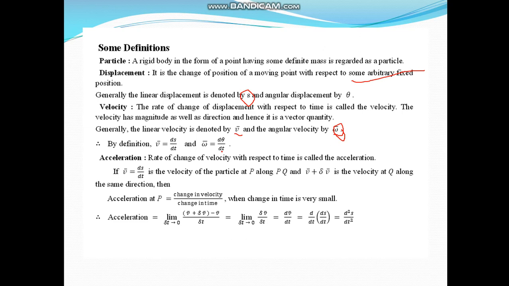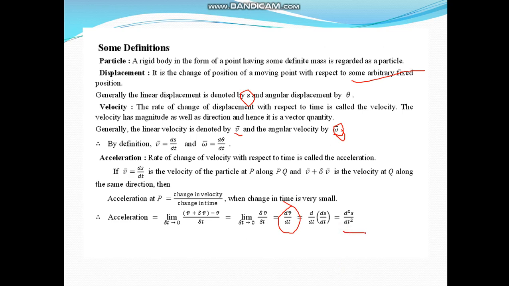Then acceleration, it is the rate of change of velocity with respect to time. So if v is ds by dt, the velocity, then acceleration is change in velocity upon change in time. When the change in time is very small, acceleration is nothing but dv by dt, that is the rate of change of velocity, or d by dt of ds by dt, that is d square s